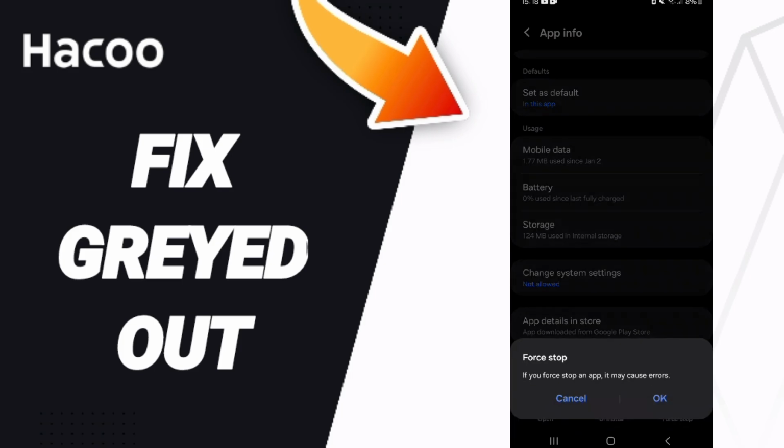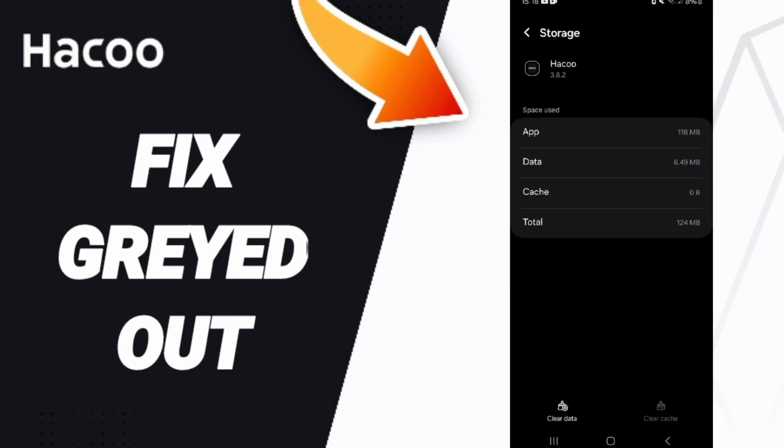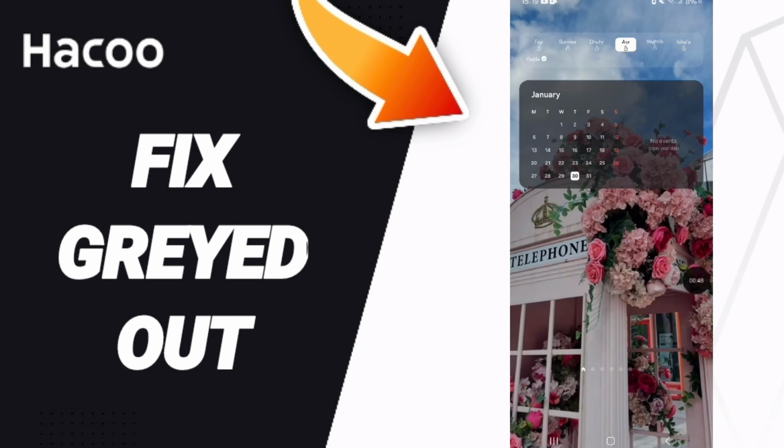Then you will click on force stop and you will click OK. Here you will enter the window of storage. Then we click on clear cache. In the end, you will turn off your phone and wait a moment before restarting your phone again